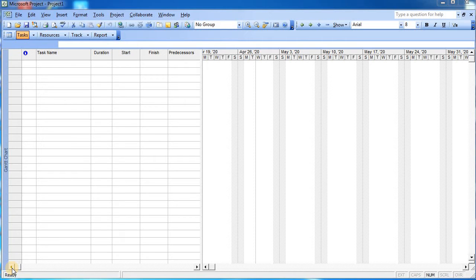So till now we have completed 3 steps. We have assigned the starting date of project, then we have created the working calendar for this particular project, and then we have assigned the working calendar to this project. Now we are moving ahead to the 4th step, and this 4th step is related to creating the work breakdown